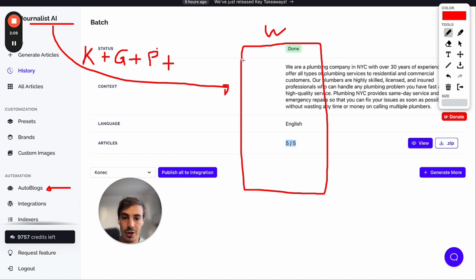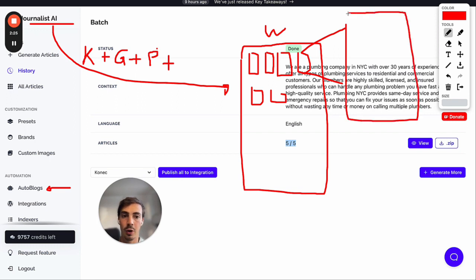But by publishing to your site every single day, every single week, every single month, which I'll show you in just a second how it works, it's going to be publishing individual blog posts. These are individual blog posts to your site. And if we expand on one of these blog posts, they'll all be like the ones that I just showed you before, right? With a featured image, with a table of contents, right? With proper content structure, with in-article images, in-article videos that are relevant to what the content is about, tables, bullets,